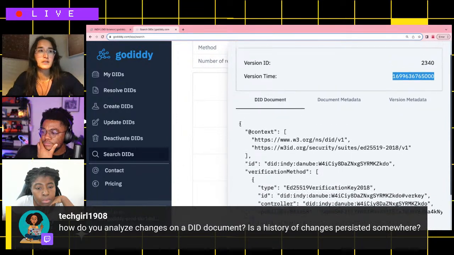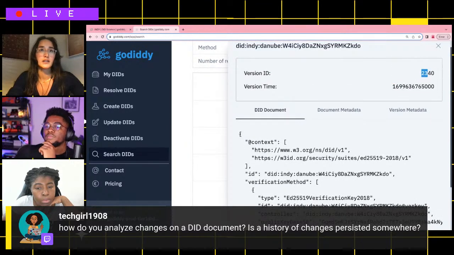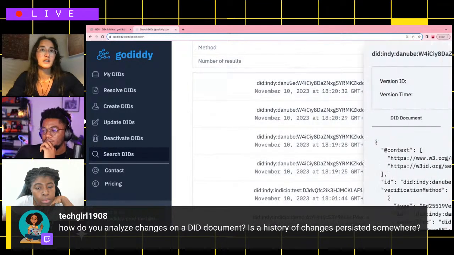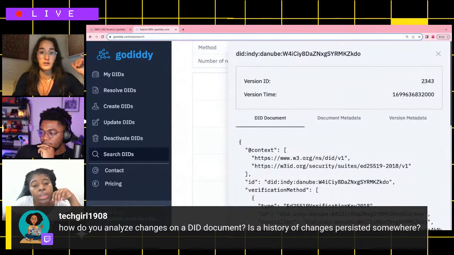Every time an update is done, it has a new version ID. So this is 234, and this is 2343. That is how you can keep track of the different versions of the decentralized identifiers.